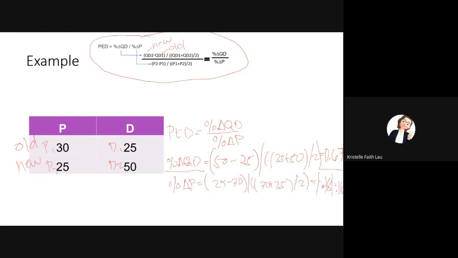So, now nakuha na natin ang ating percentage change on the quantity demand and the percentage change in our price. So, let's divide the numbers, no? Para makuha natin yung PED. So, 0.67, divide natin siya sa 0.18. So, ang magiging answer natin dito is